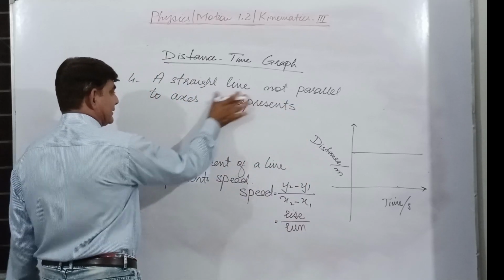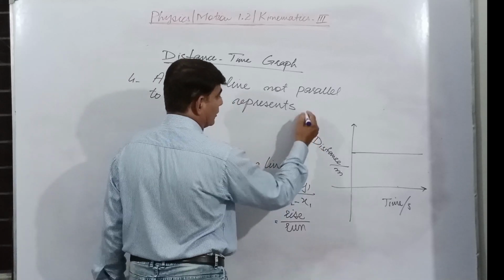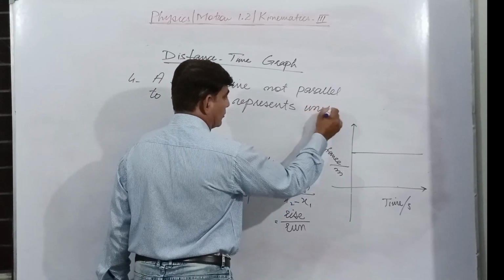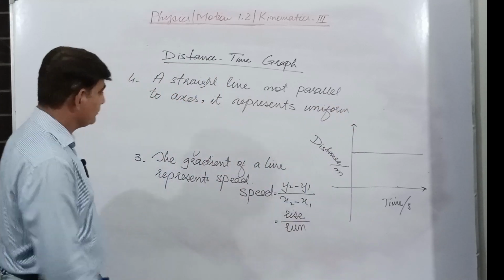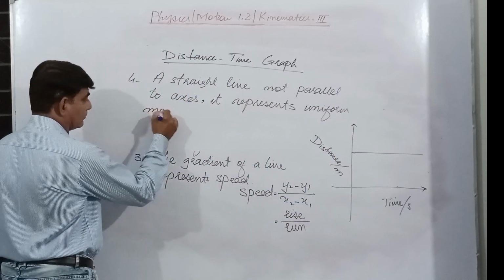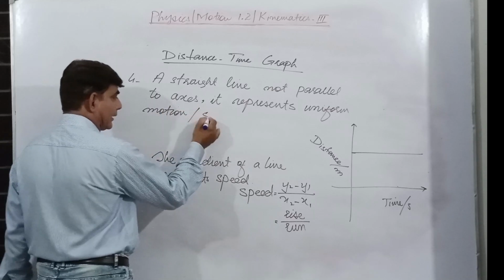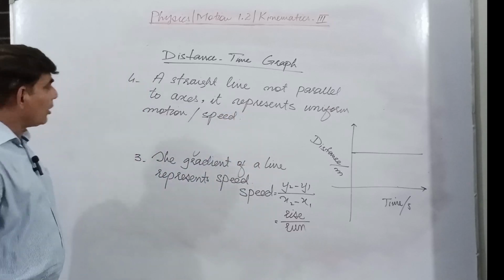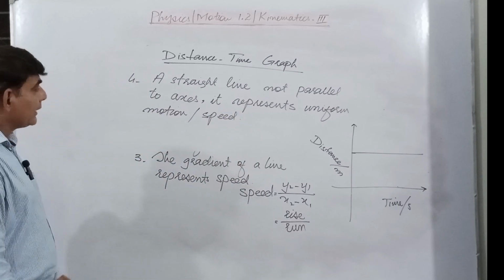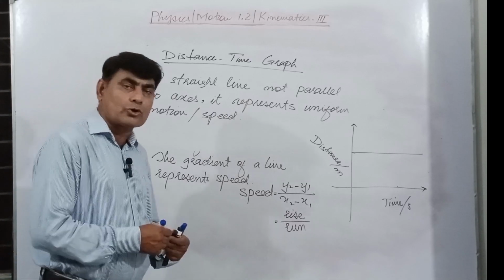It represents uniform motion or speed. So a straight line not parallel to axes represents uniform motion or speed, and uniform motion or speed meaning